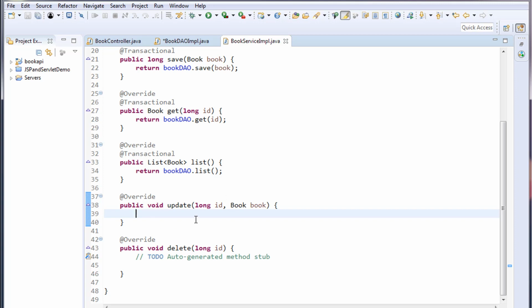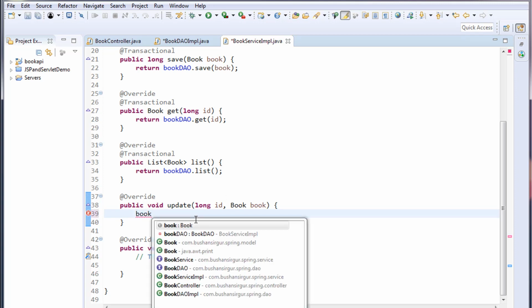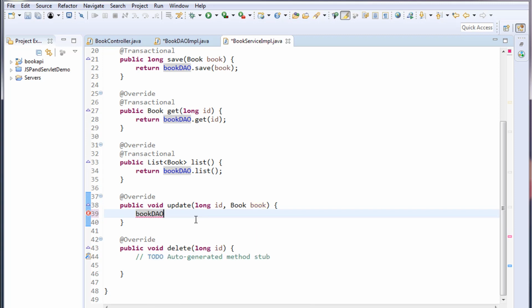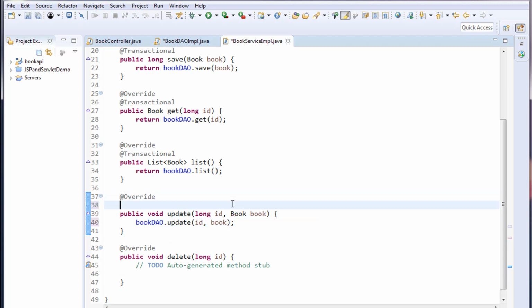call the DAO method book DAO dot update. To this update method we will pass the book ID and the book object, and I'm going to annotate this with the @Transactional,